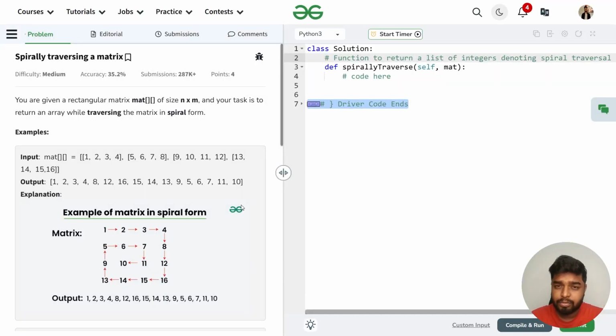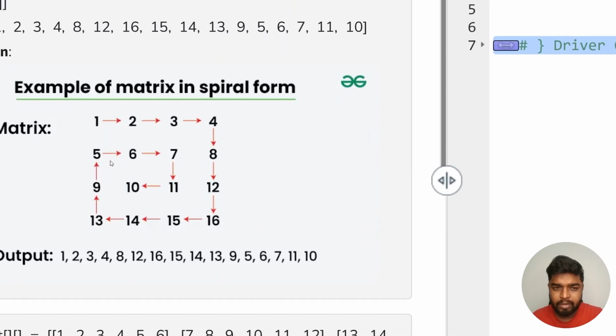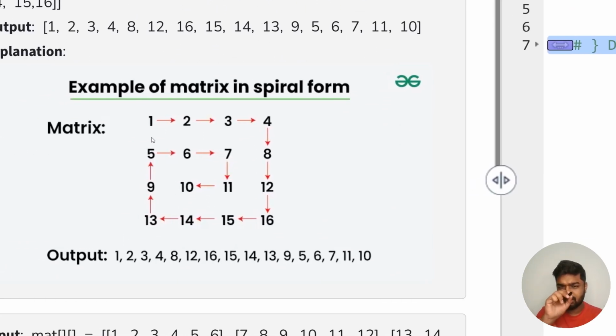In this video, we will discuss the problem spiral traversal of a matrix. The problem says that we'll be given a matrix which will be rectangular in dimensions and it can be a square as well. So you have to print the elements of the matrix in the spiral format. For example, if we were given this particular matrix here, so you can see that we have to basically spirally